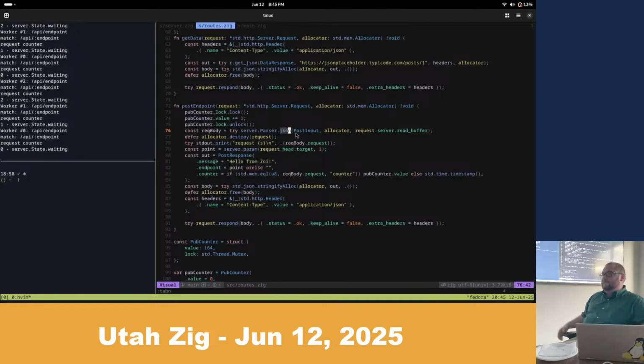But if I was using a TCP library, yes, but if I was using an HTTP library, generally, I've never seen an HTTP library that doesn't provide a mechanism to parse the headers. Parsing the headers would require allocation, hidden allocation potentially, which is why it doesn't do it. But what I would imagine, and maybe it's just not there yet, is there'd be a standard.http.server.request.readHeaders, and you give it an allocator and it hands you back typically a map where there's a string key and then a slice of strings.